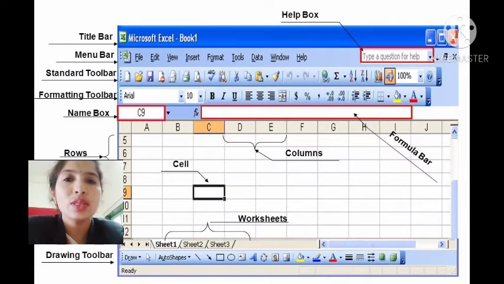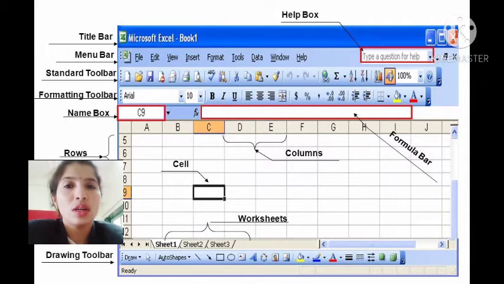Now we are going to see the formula bar. In the formula bar, whichever formula we have used in MS Excel, that formula is available in the formula bar.